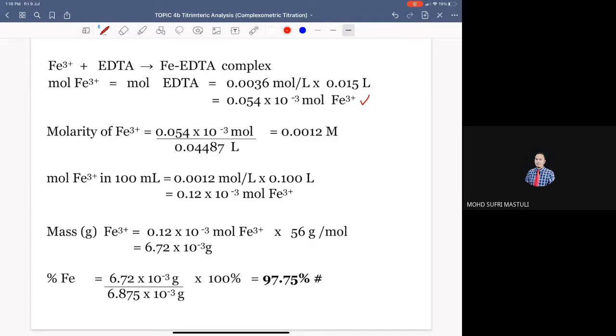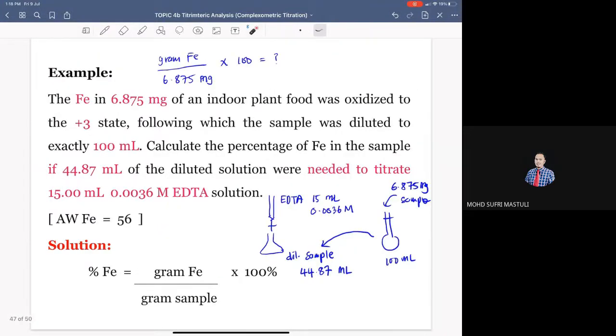Okay, so after you get the mole number, you can calculate the molarity of the Fe